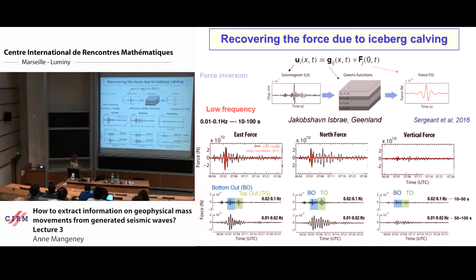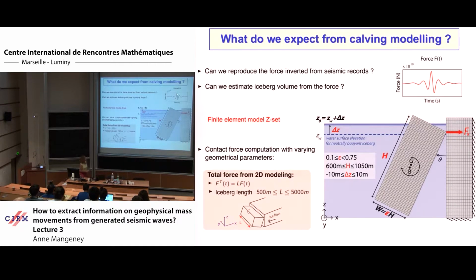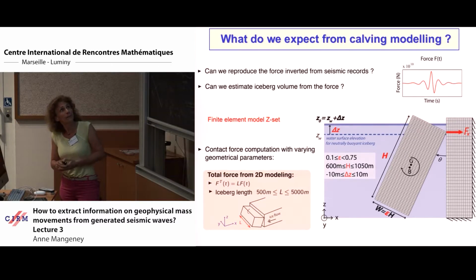And if we look at different frequency bands, this is high frequency for glacier, we don't see one event, but we see several events. And if we look with the movie, this is the first bottom-out big iceberg's rotation, and this is the smallest top-out iceberg. And if we look at even lower frequencies, this is the motion of ice melange due to the perturbation due to iceberg. And I will not speak about that here. But the question is, can we simulate the force by simulating the process of iceberg calving? And it is what we try to do.